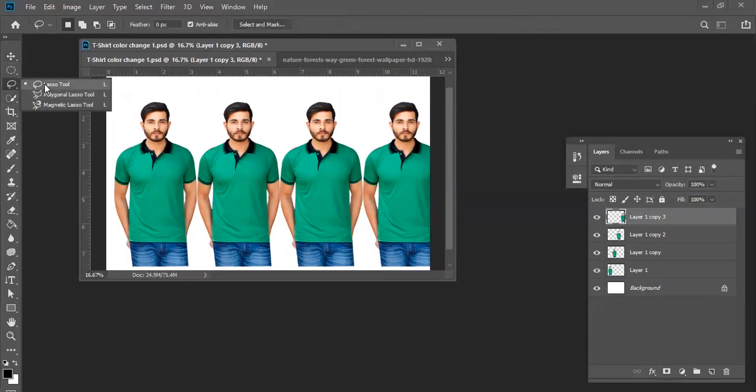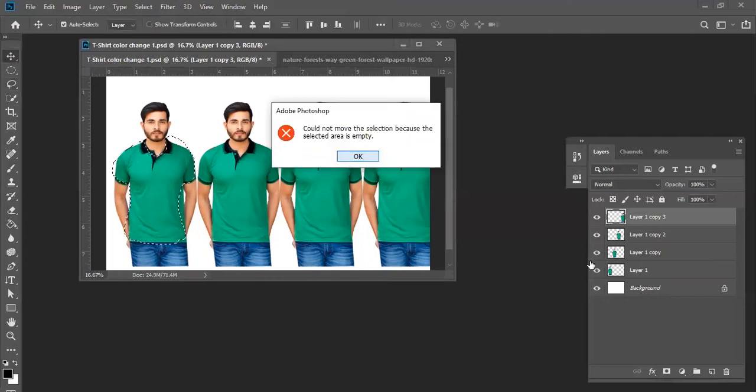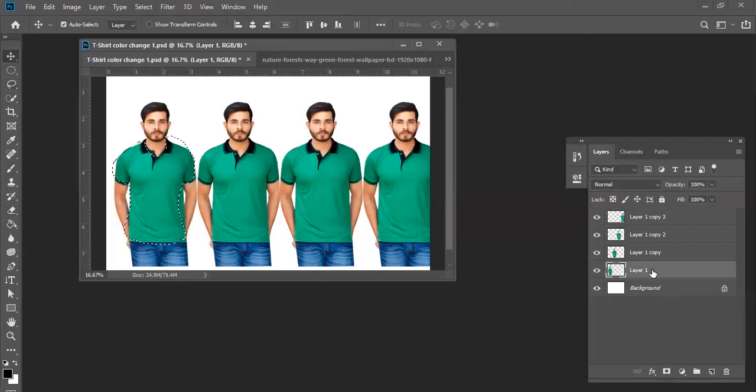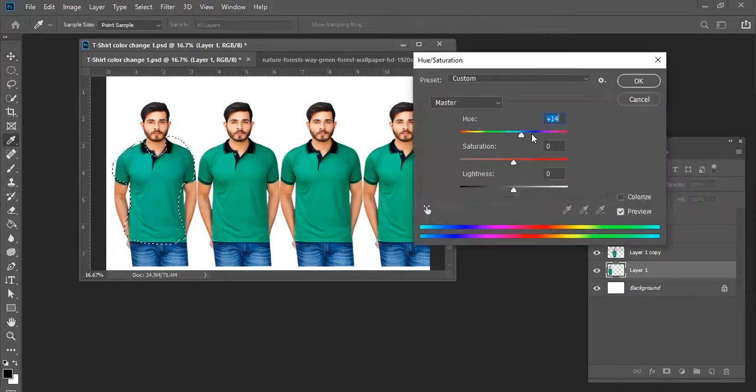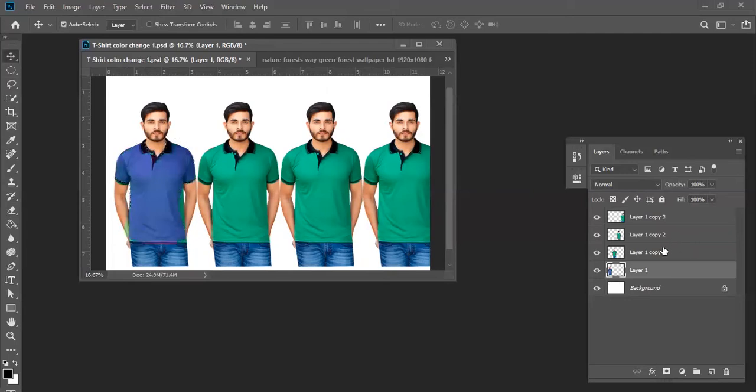So here, I'm just taking this color here only, I'm selecting. You need to cut in a proper way. I'm just cutting like this. Instead, you need to select this layer. I think this is a layer. You need to select it and you can use Control U. There's Hue Saturation. You can adjust like this. And you need to deselect. And the second one, the third one you can use. That also you can adjust.